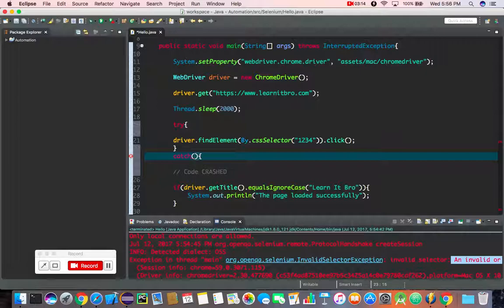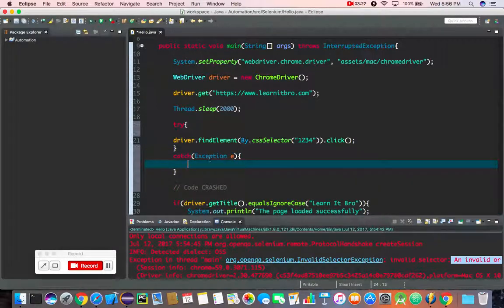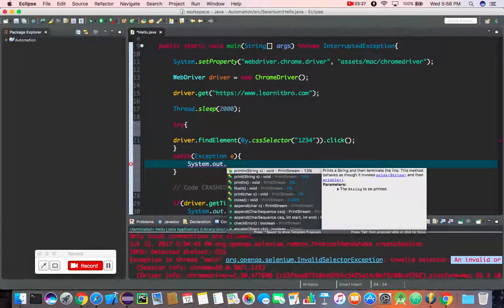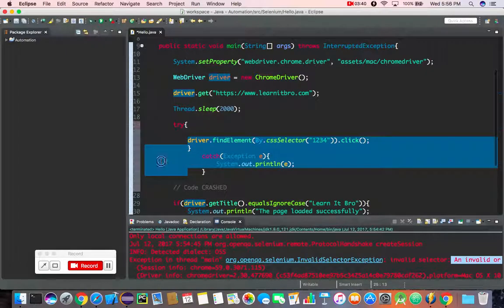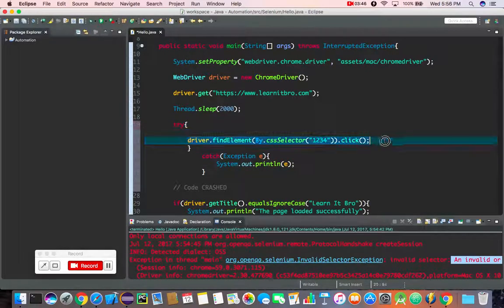And inside of that catch, I'm going to put 2 parentheses. I'm going to write Exception, and then give it the letter e. And then I'm going to close this. And what I'm also going to do is System.out.println, and we can print that exception. Or we could do this whole thing like that if we want to make it look nicer, but it's really your call. So we're going to do this clicking, which wouldn't do anything actually, and it's going to get caught,